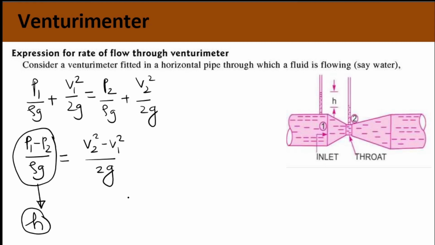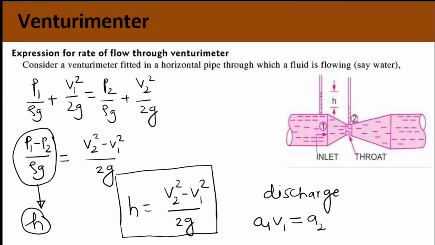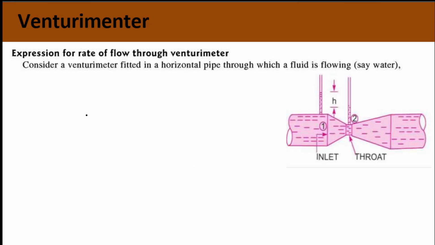If we put this value in the above relation, H is equal to (V2 square minus V1 square) divided by 2g. Now if we have this relation, we want to find out the discharge. Discharge is nothing but flow rate. Discharge can be written as A1 into V1 is equal to A2 into V2. So if we apply the continuity equation,